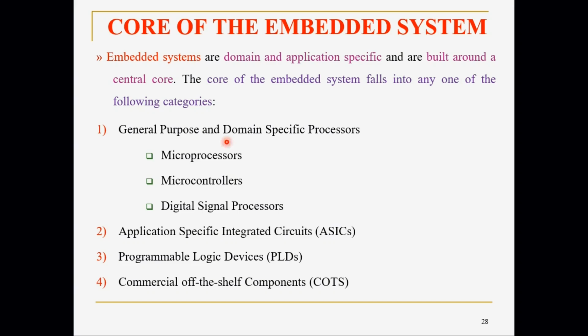Okay, core is the brain, and it also collaborates the various parts of the embedded system and serves the particular purpose. Now, embedded systems are domain and application specific. This is very important, right? There is no general embedded system. There is an embedded system in the ICU like BP monitoring. You cannot bring it and keep it in the kitchen, right? That is different. In the kitchen where a refrigerator is used, it is a completely different embedded system.